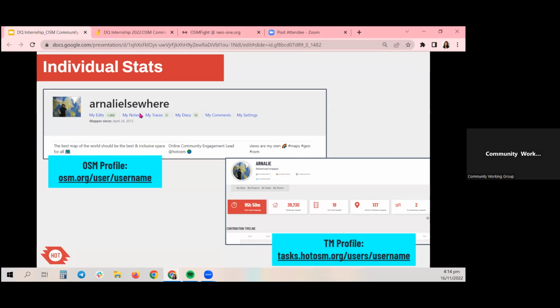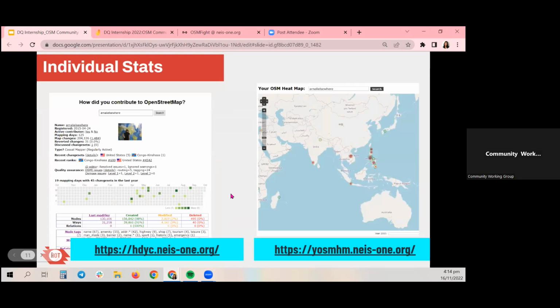You can see your edits, your notes, your traces. You can even put a blog. We call it OSM diary, and some comments that you make. And you can also see your individual stats through your tasking manager profile. I believe you know this too well, but in case you don't, these are some other tools where